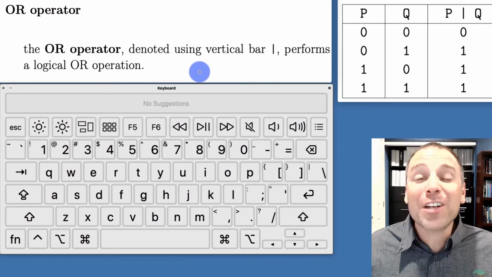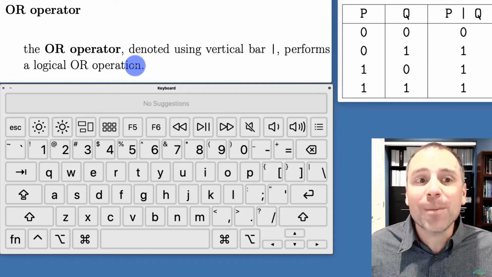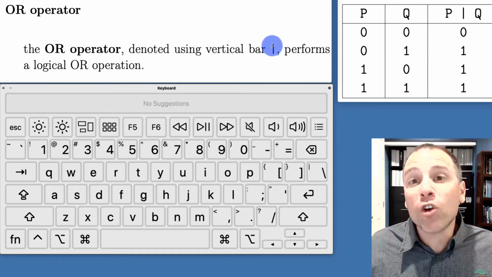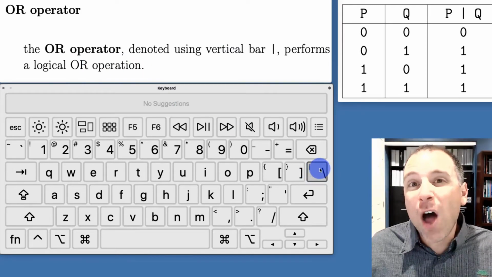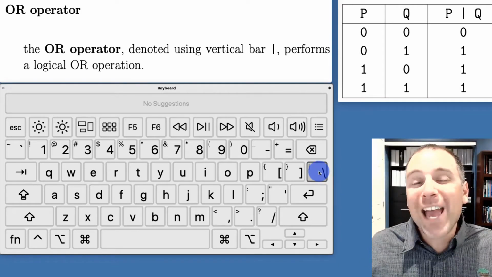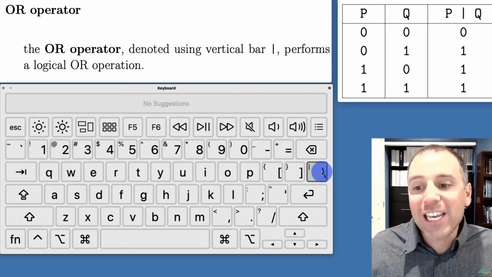Let's take a look at how to type the OR operator into MATLAB. So the OR operator is denoted using the vertical bar symbol, and that performs the logical OR operation. On a keyboard, the vertical bar symbol is on the backslash key, but we actually have to hold shift in order to access it. Notice the backslash key has two symbols on it.